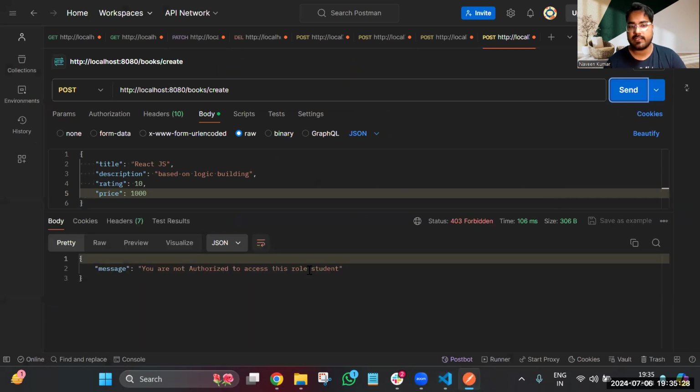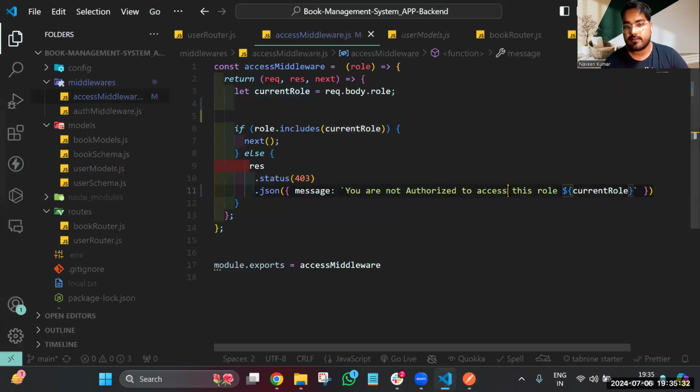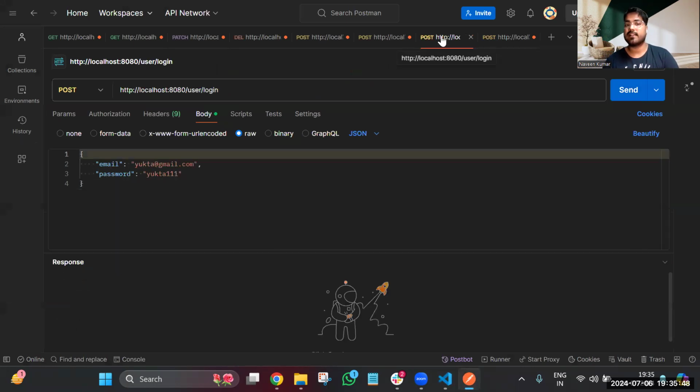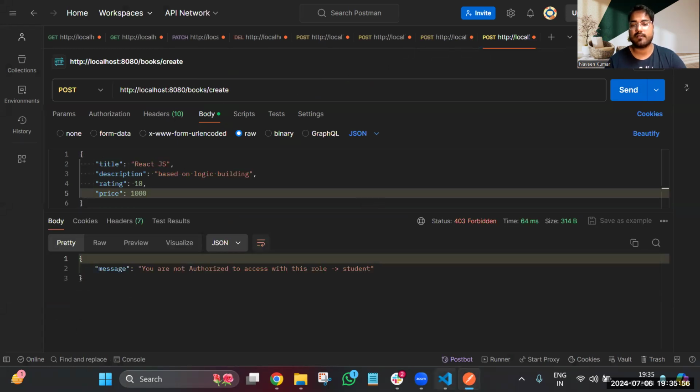You can see that that is the role of, we're not authorized to access with this role, that is student. Now it is quite readable, I increased the readability. You can see that the student cannot perform the CRUD to create the books, but can they read the books? Well, that is possible, of course, because I have, let's see,